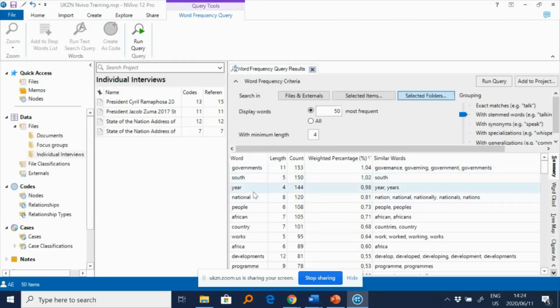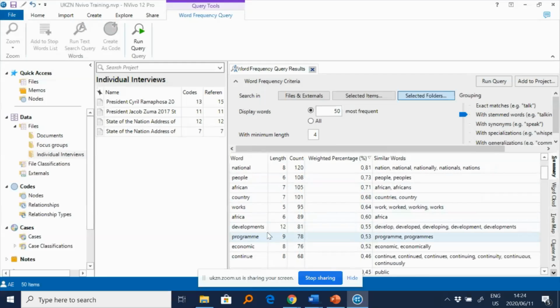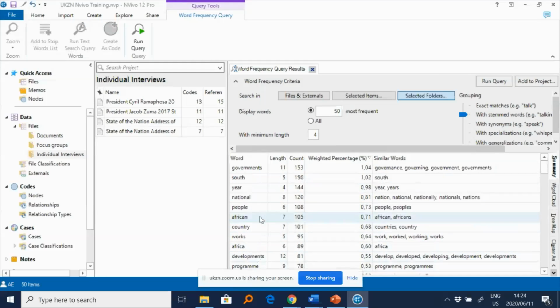Year, they might be talking about the year when a policy or an act of parliament or a program, national issue, of course, people, talking about African and Africans, issues of country, work, employment, very important. Development, one of the key things governments are concerned about, program. So this is not very surprising. These are the kinds of information that we would expect to see in our data. So this is a way to start this.